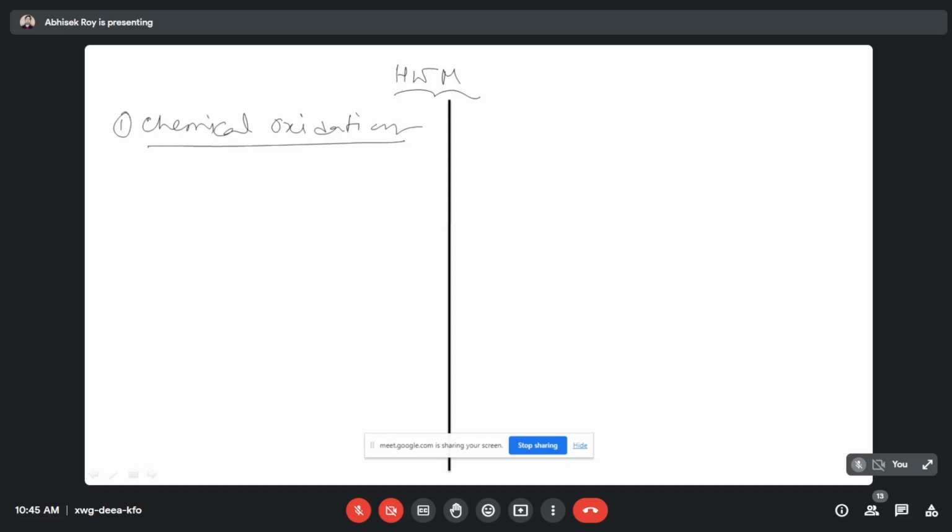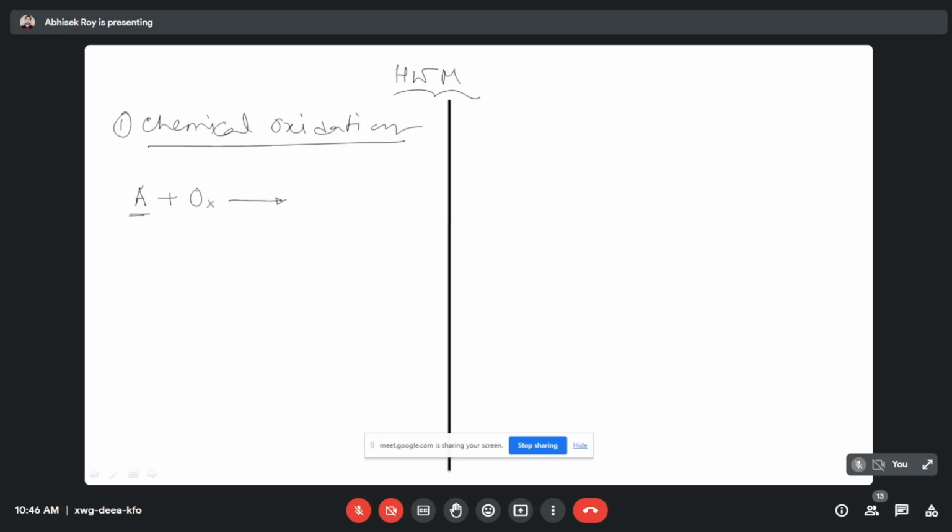Say a particular compound is A, which is the problematic compound in a waste, and we are targeting this compound. We want to convert this toxic compound to a non-toxic one, or we want to simply detoxify the waste. So what will we do here? Here we will add a chemical oxidizing agent,